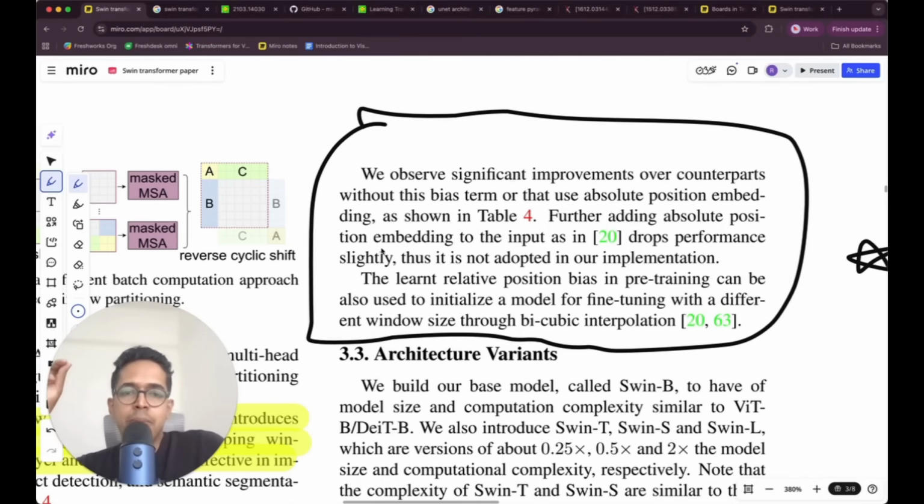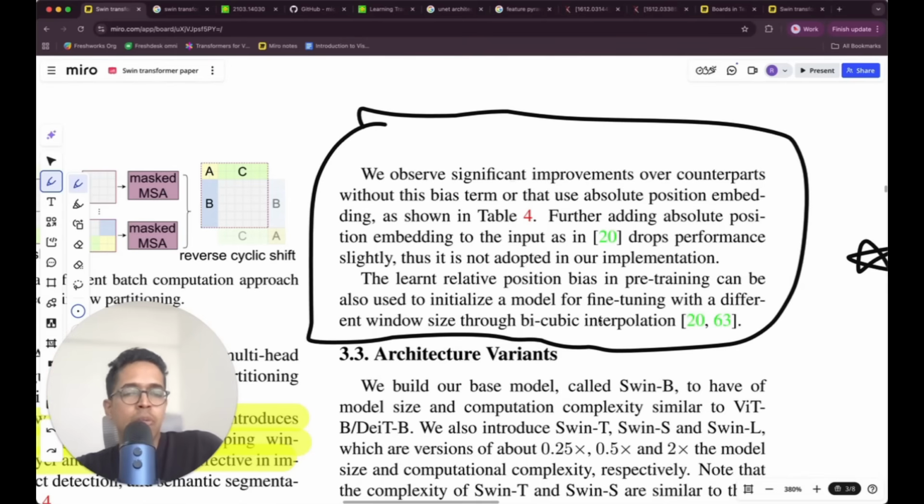Further, adding absolute position embedding to input drops performance slightly, thus it is not adopted. So you could have done absolute position embedding also, just like how Vision Transformer does, but it seems to reduce the performance. So in this paper, they use relative position bias. The learned relative position bias in pre-training can also be used to initialize a model for fine-tuning with different window